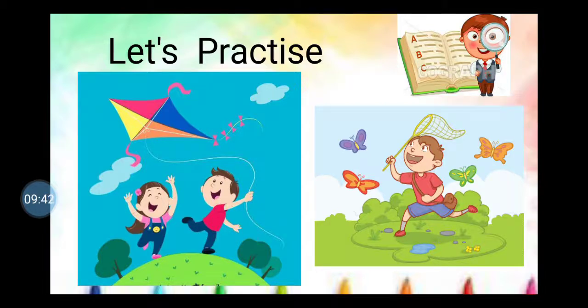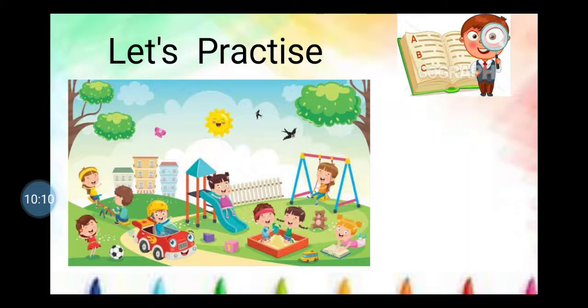You can say Arman is having a good time with the butterflies. He is chasing the butterflies. He has a net in his hand. He is trying to trap the butterflies in his net. The butterflies are also having a good time flying around. So this is how you can describe the pictures. You can use your own words, but see that it is good, correct grammar. Do not make any grammatical errors.